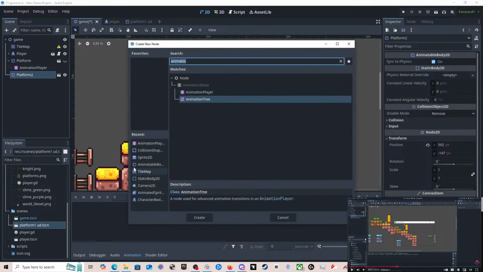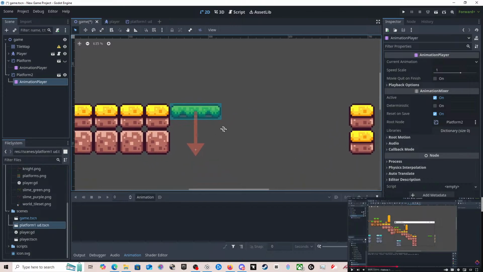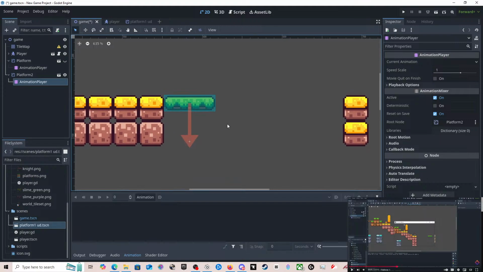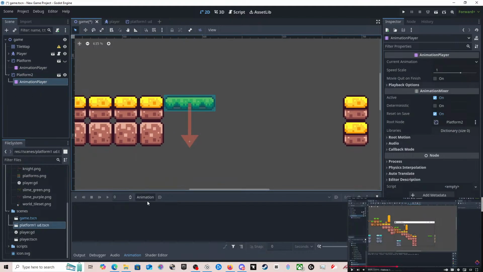So node, animation, create. And then well, you've even got physics thingy on it. Animation.